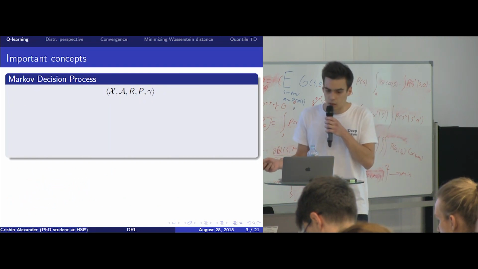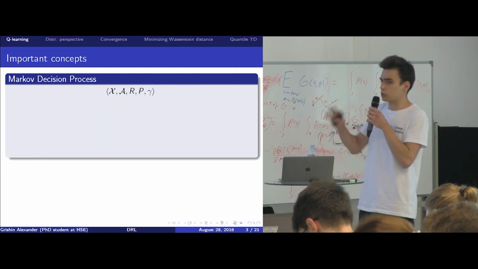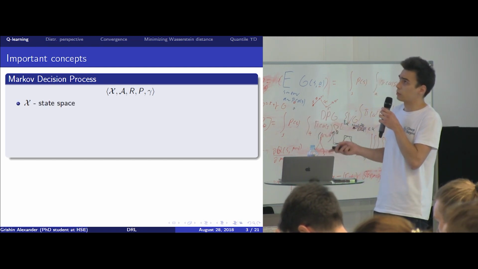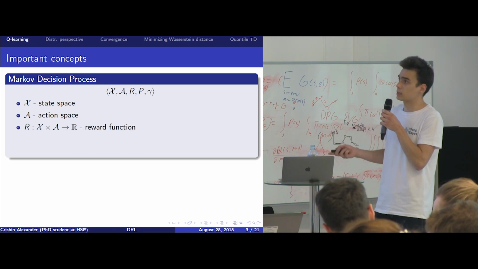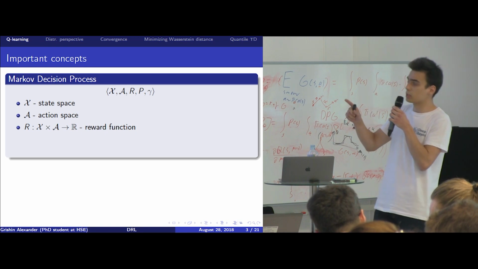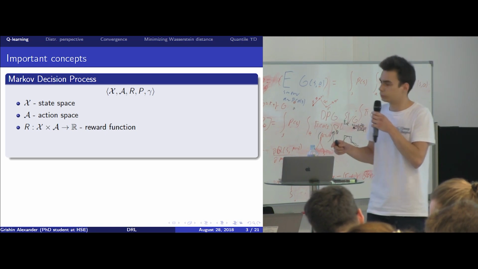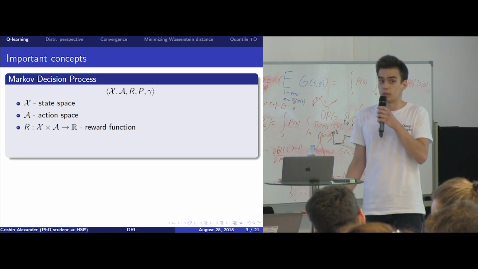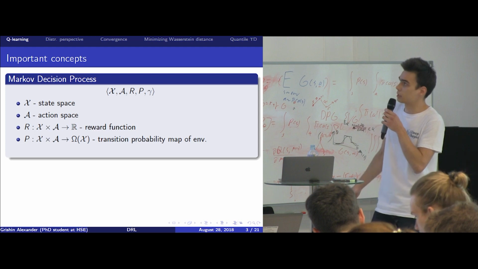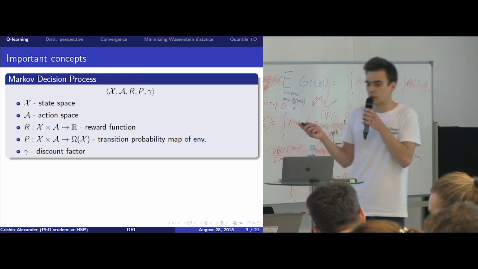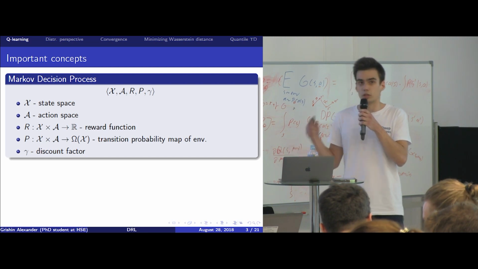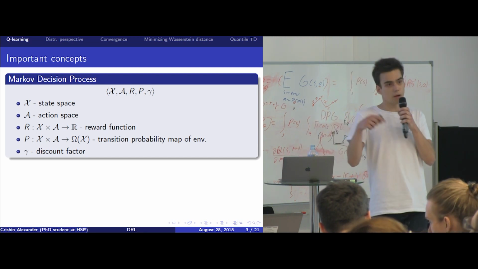Okay, let's start. Markov decision process, just a brief recap and notation. A Markov decision process is a 5-tuple: state space, action space, reward function. On the slide, it's a deterministic reward function, but it can be stochastic, so it can be a distribution. And the transition probability map. And the discount factor, which allows us to measure the importance of the difference between the current reward and